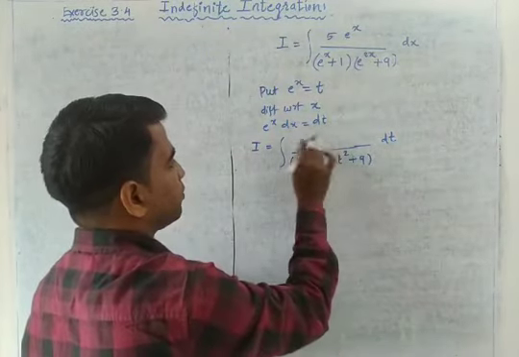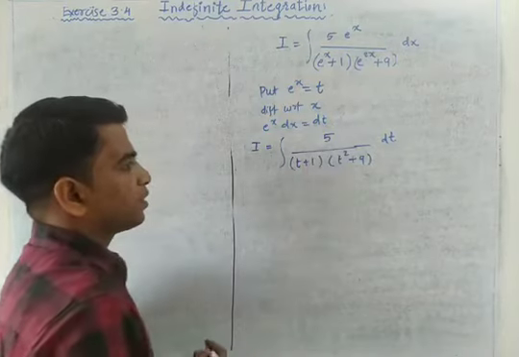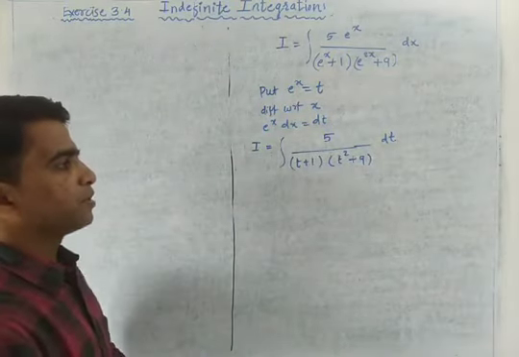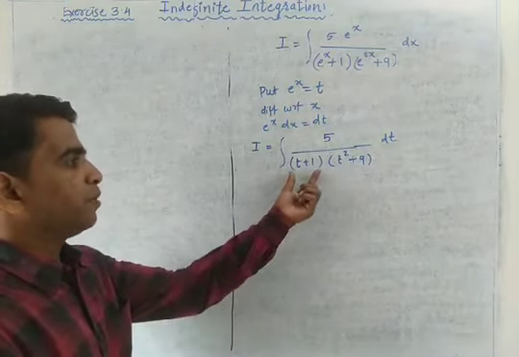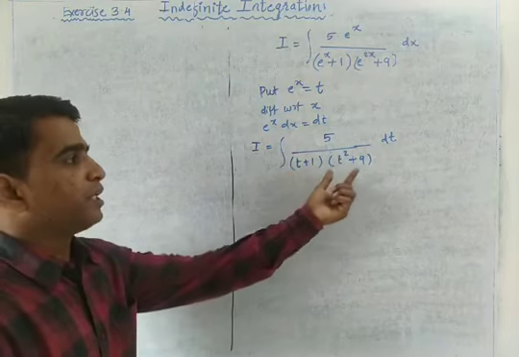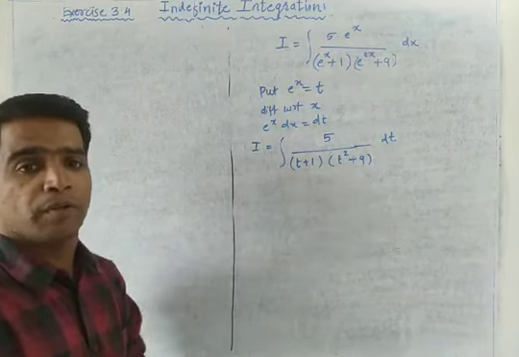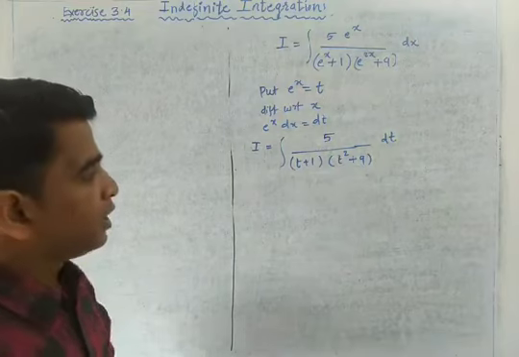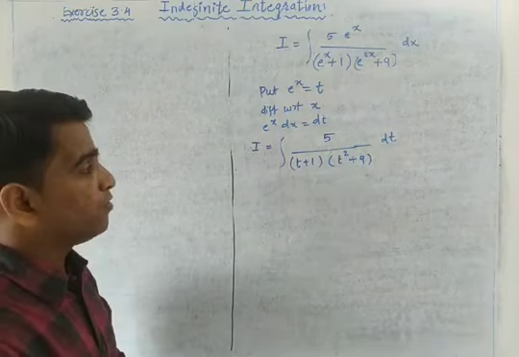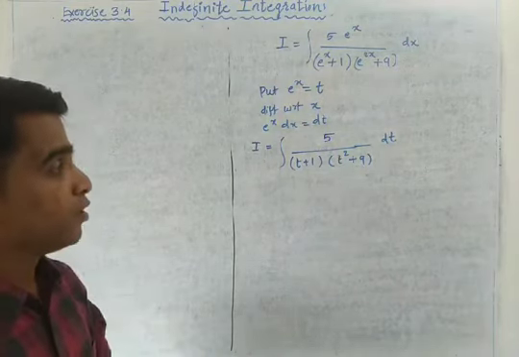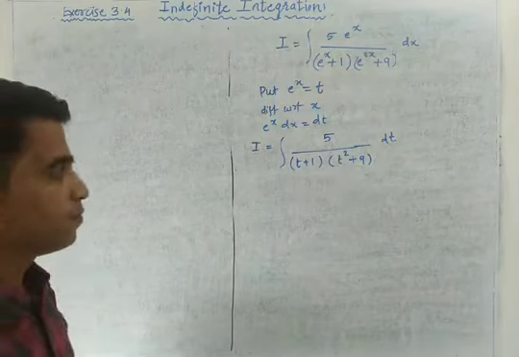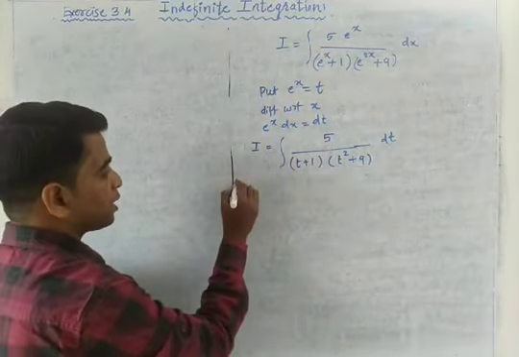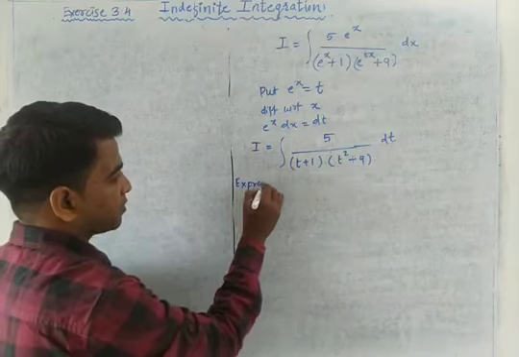So it is 5 upon (t plus 1) into (t square plus 9). Now t plus 1 is a factor, but t square plus 9 is a non-factorable quadratic equation. It means in the denominator we have one factor and one non-factorable quadratic equation. So for this we are going to use the last expression. So express